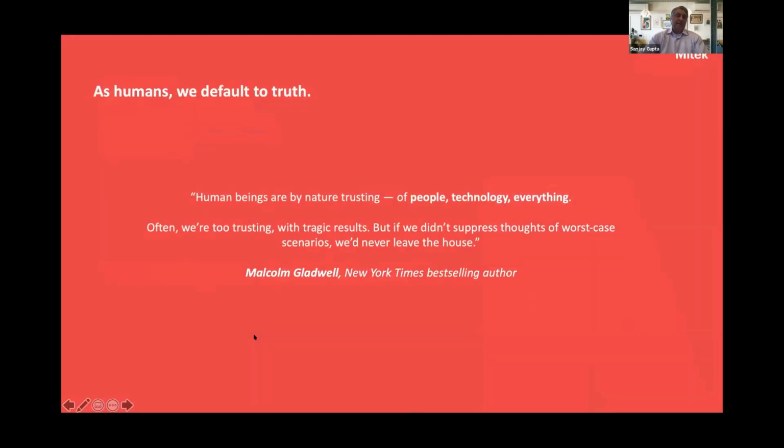If you think about human beings in general and why fraudsters are so successful, it's that we as a group default to the truth, right? By nature, we're very trusting, not only of people, but everything else around us. But the technologies that we build are also built in a similar way, where we want to let as many people through our system as possible, and try to capture the ones that are doing something ominous. But the reality is, imagine a world where we didn't trust anybody and tried to live in that world. That'd be a very, very difficult proposition.